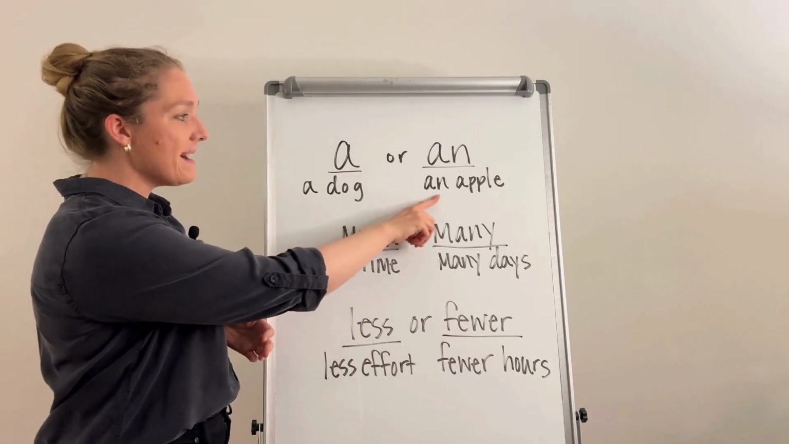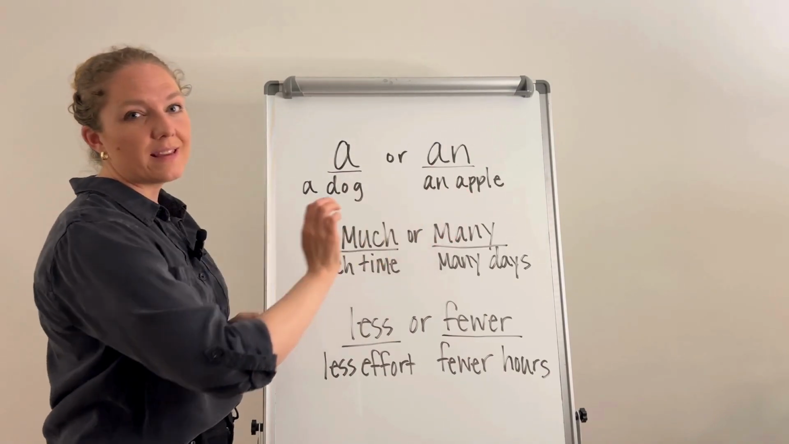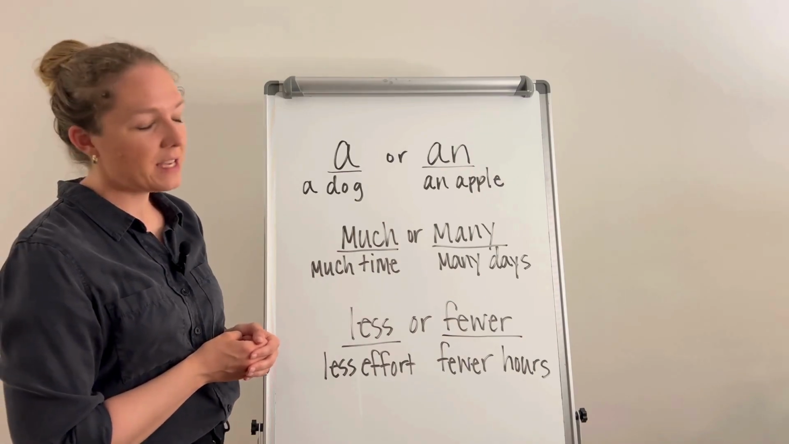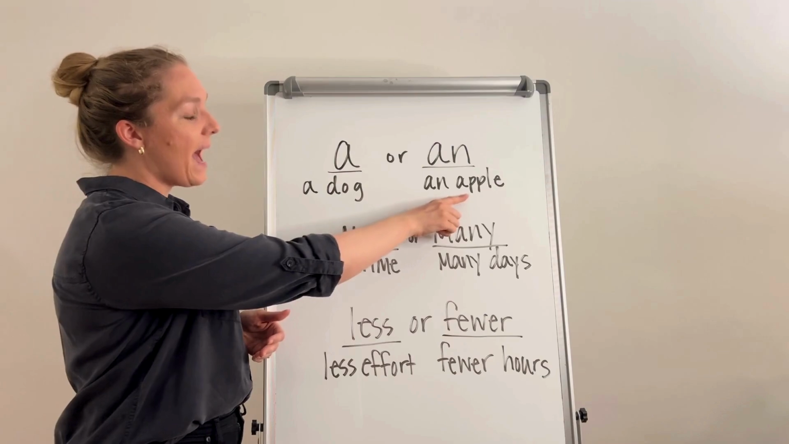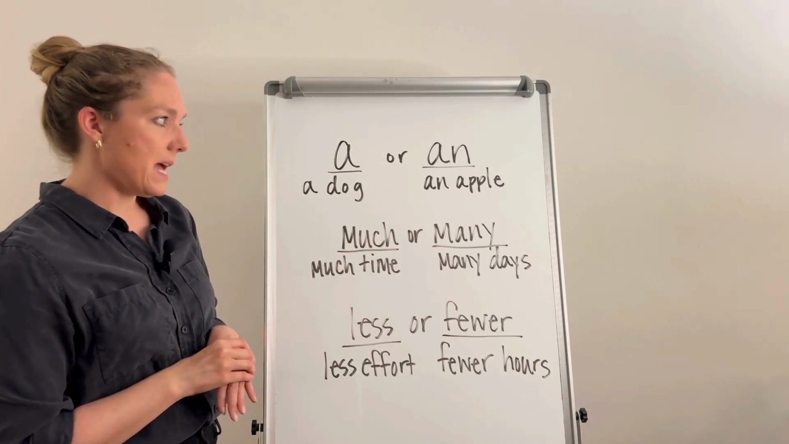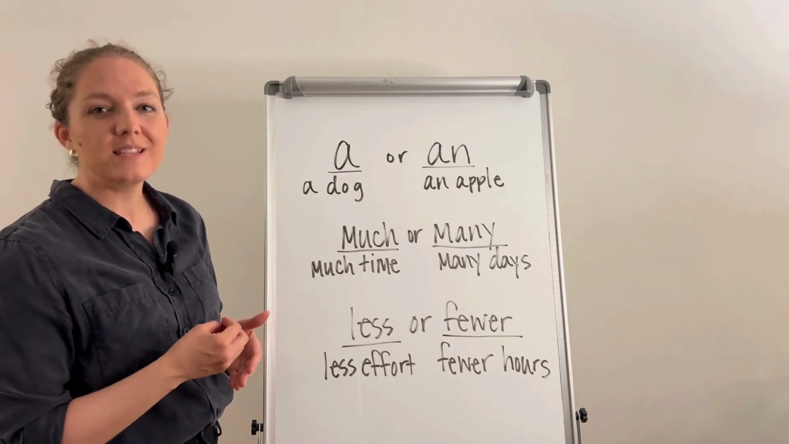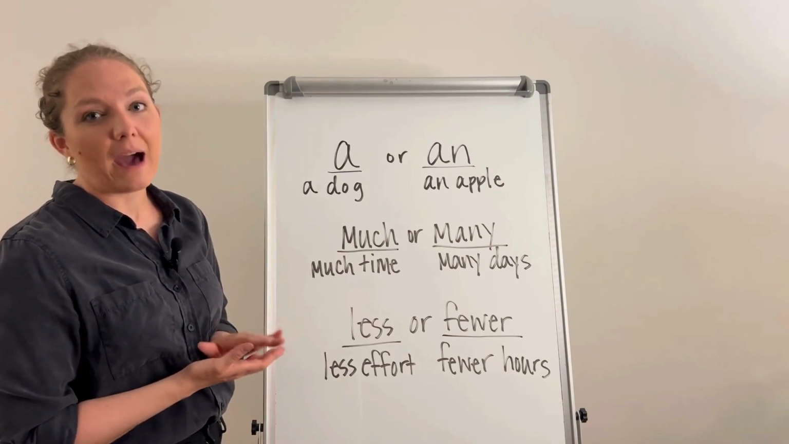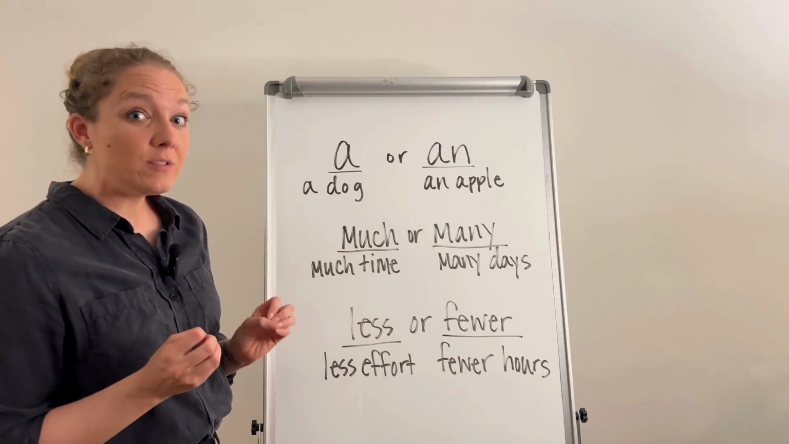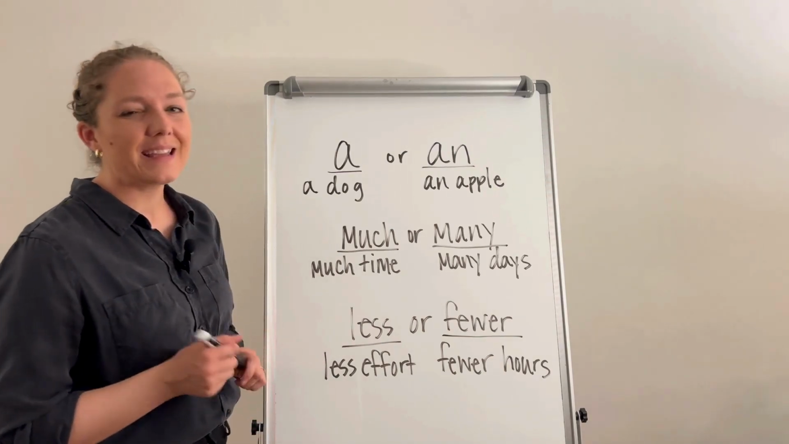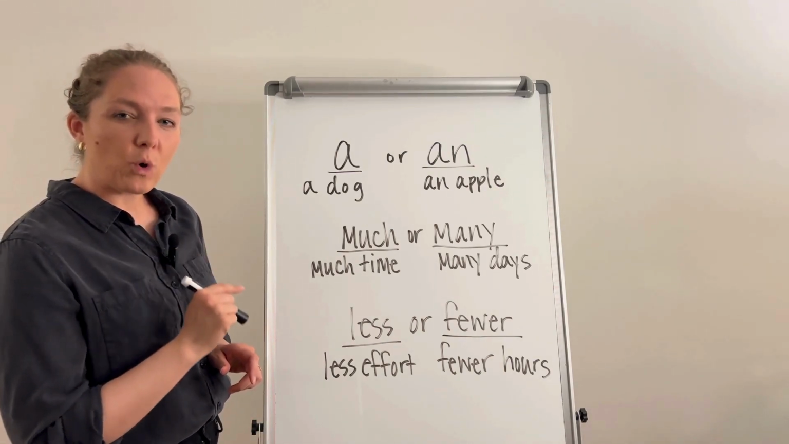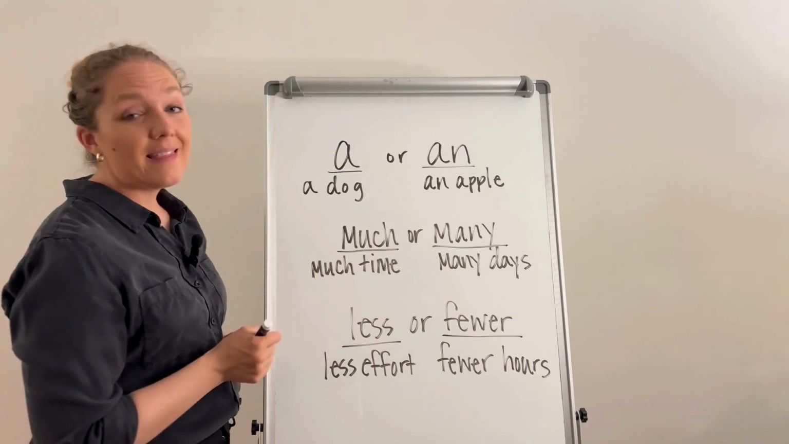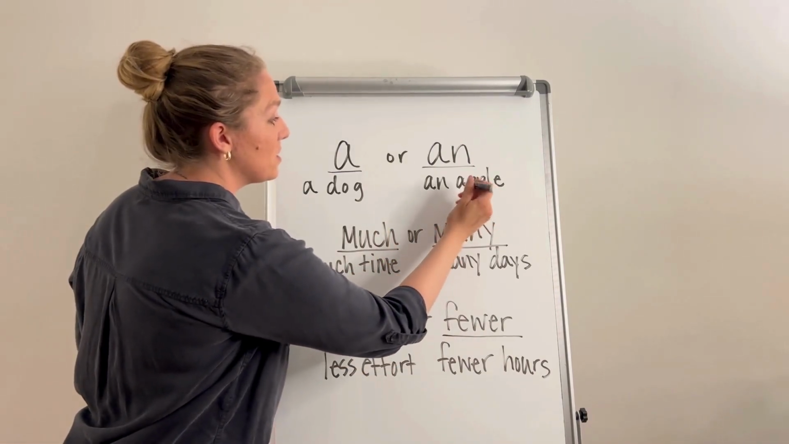You use an for words or nouns that have a vowel sound at the beginning. And so this example, an apple. I would like to eat an apple. We use an, the article an, with nouns that start with a vowel sound. And I say sound specifically because there is an example of a word that starts with a consonant but would use the an. And it is this word,